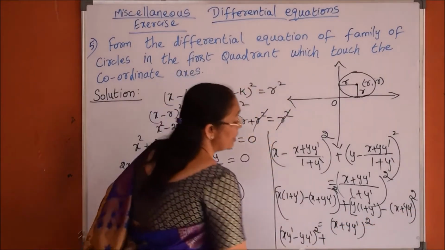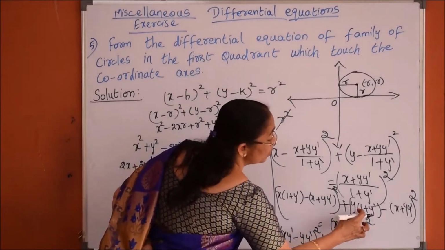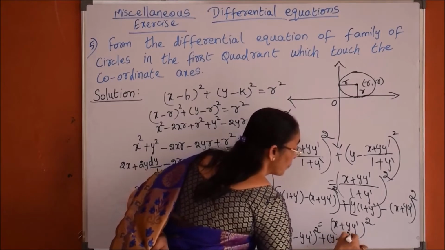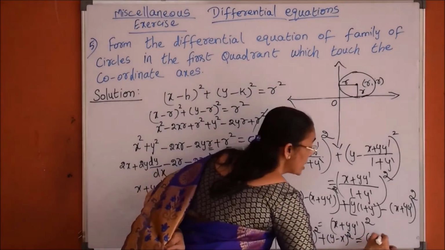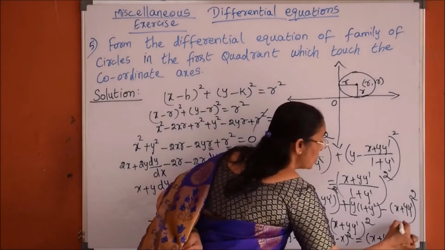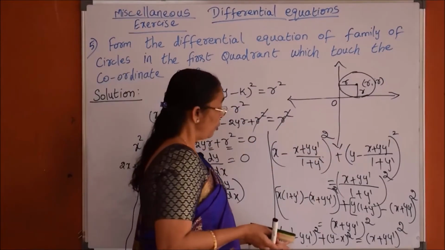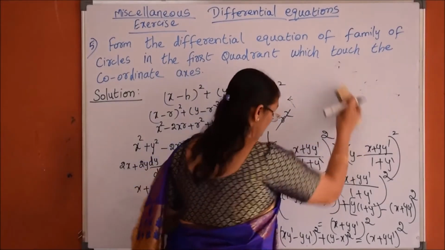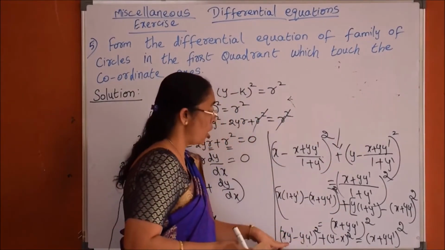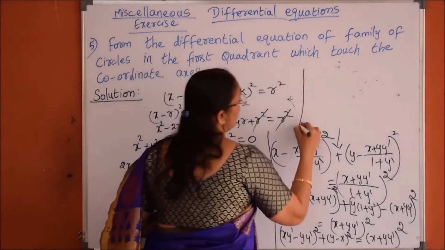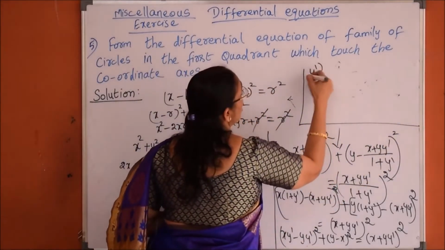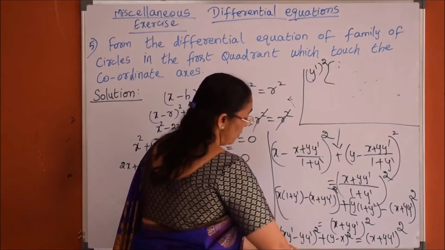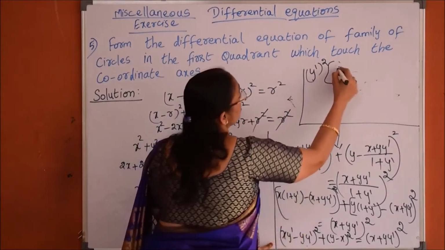So, y dash will get cancelled, we will have here (y minus x) whole square is equals to (x plus y dash) whole square. If you want, we can further simplify it. We can take y dash common outside from the first term. So, from the square we are taking, it will become y dash whole square. While taking y dash whole square outside, we will have here (x minus y) whole square